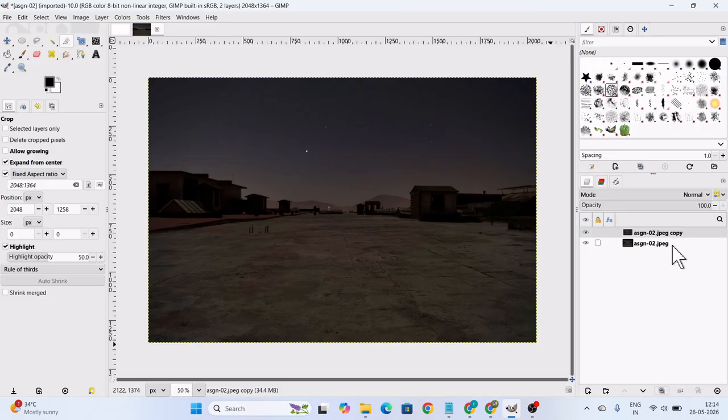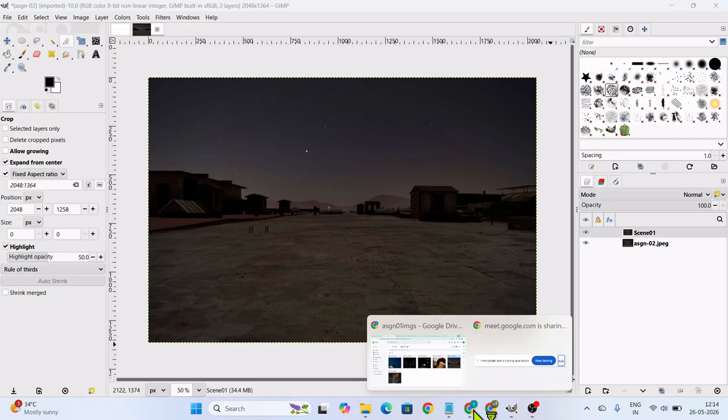So one layer is the original layer, which I downloaded, and one is a duplicate layer. So here I will rename it as a working layer, suppose. Working layer. Or I can rename it as a scene. So scene 01. So scene 01 is my new layer, the duplicate layer. Now here you have to perform the assignment. So let me check. So once again I have to go here,